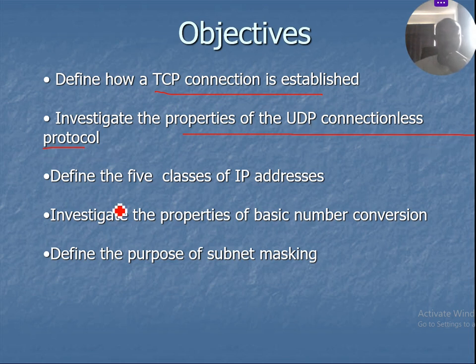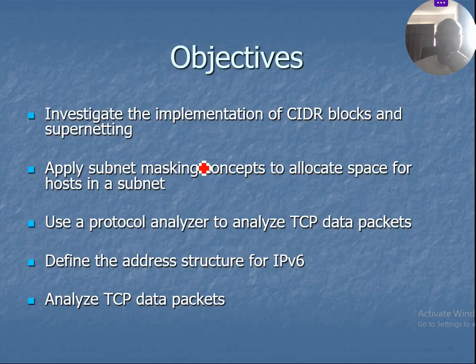The third is to look at the five classes of IP addresses. The next objective is to investigate the properties of basic number conversion and number systems. Then we look at the purpose of subnet masking, and we investigate the implementation of CIDR blocks and